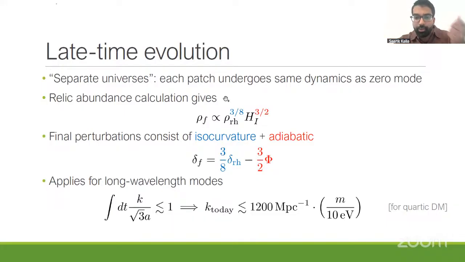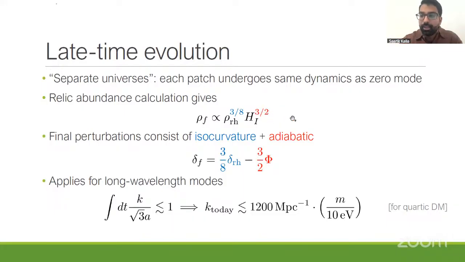I didn't go through the full calculation of the relic density, but if I had written out a full formula for what the relic density looked like, it would have told you that the final density was related to the density at reheating and also to the Hubble constant of the whole universe. Now a slightly varying initial density will, of course, create a slightly varying final density, right? These are essentially isocurvature perturbations, because these are telling me if I had slightly more or less dark matter in certain places, if the scalar field was doing different things in different places, then that only affects the amount of final dark matter I have. However, if